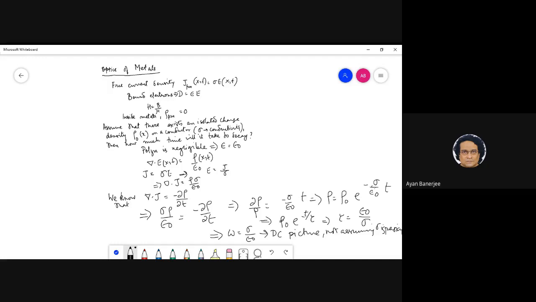Okay, so this is very important in the sense that when you stick to these time scales, things are very much simpler. The moment you go to higher time scales, things are much more complicated. So for example, if you think of real numbers, I can tell you that omega for copper, if you actually take the numbers of DC conductivity and epsilon naught, comes to around 10 to the power 18 hertz.